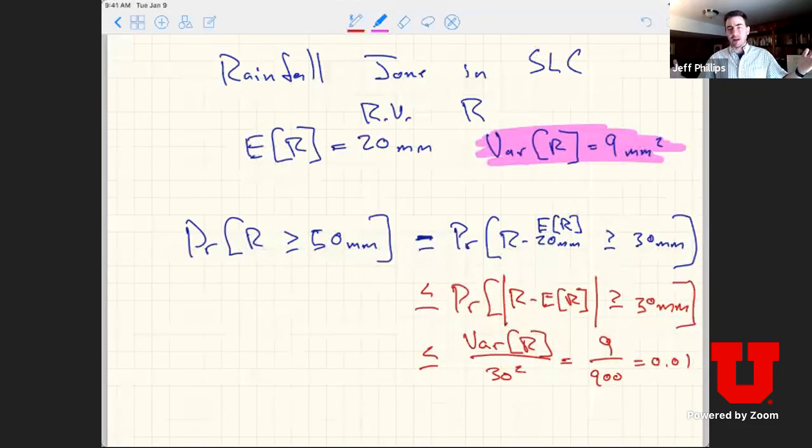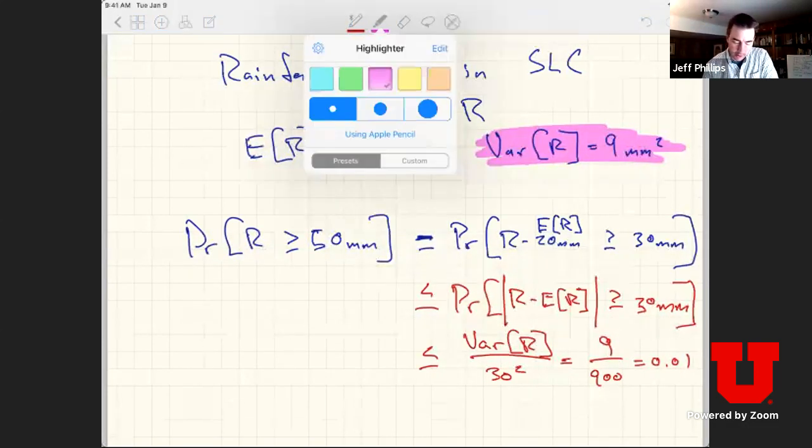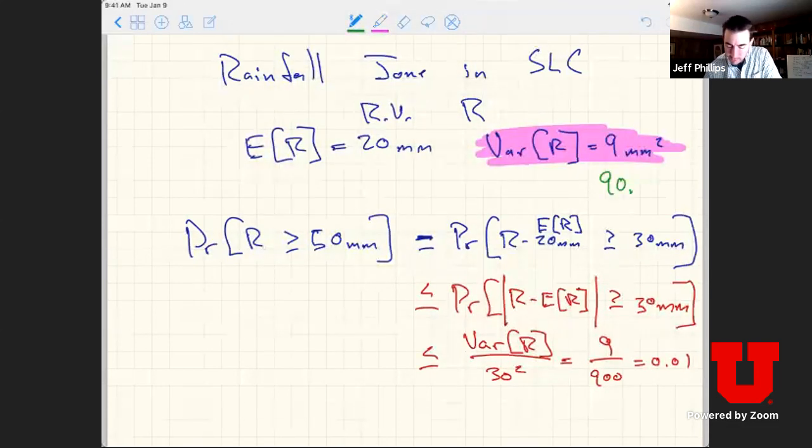If the variance instead was like, there's some limit to how high it can be because it has to be greater than 0 and the expected value is bounded, right? But let's say the variance is really high, going to be 90 millimeters squared instead, right? Then I'm going to get a 10% bound, right? So if instead this was 90 millimeters squared, then I would get 90 over 900, and this would give me 0.1,